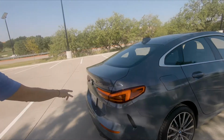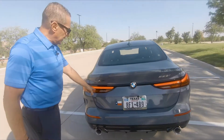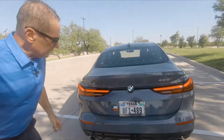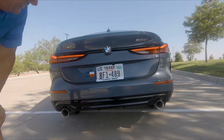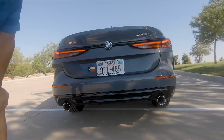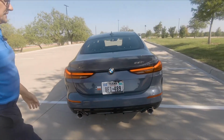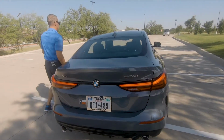Then you come all the way to the back here. What's interesting about this, these are all LEDs. They have some incandescents for your turn indicators. You have dual exhaust. I think they look really attractive, nice and chromed out. Got a little black trim there. That looks pretty good as well. And as you can see on the top, it's nice and streamlined. I like it. Looks really good. Now, if you pop the trunk, which I need to do here,